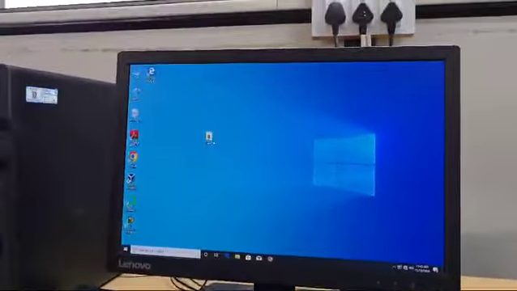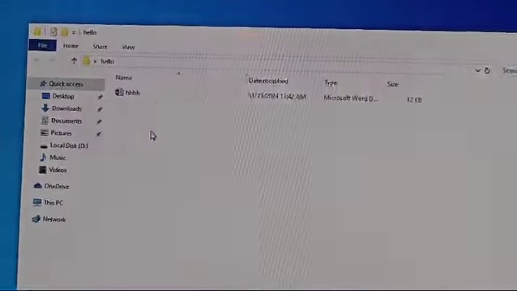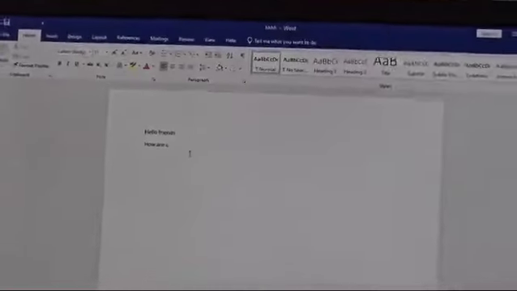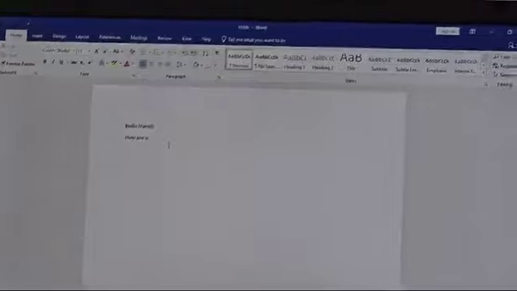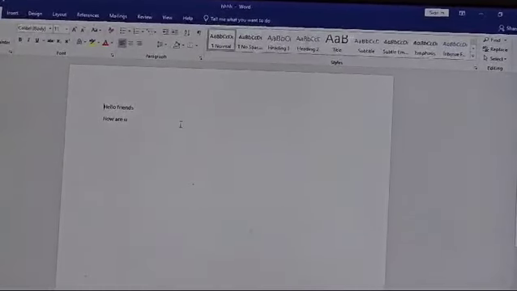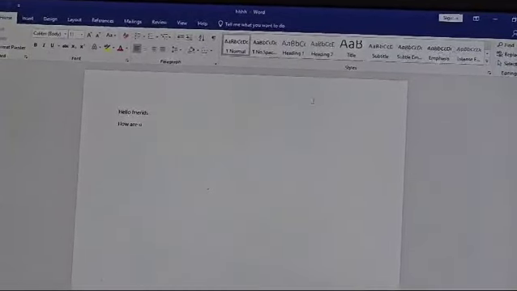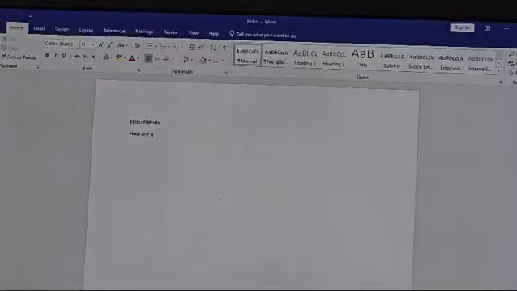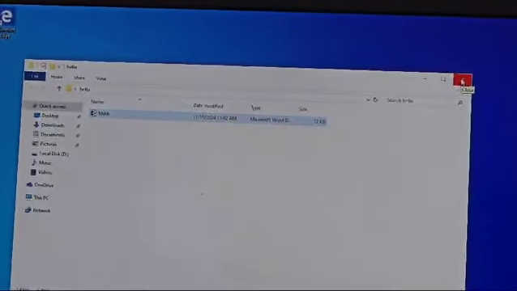So in the other system, we have made changes in the file. We can just check whether it is appearing in this file. It was a file with only hello friends. Now it has come with how are you. That means if there is a huge amount of data to be shared, that can be divided between the systems, put into the shared files and shared, so that in a very short time you can complete the huge file, or you can create a number of modules and add those modules.